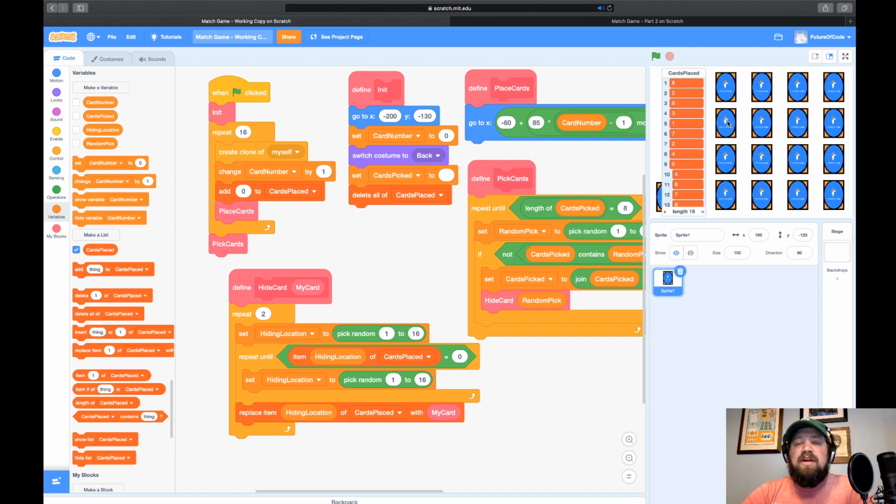So if it's the second card I flip, we need to know that it's the second card we flipped. And when we flip the second card, we then need to compare it to the first card and see, do they match? If they match, we're going to remove them from the table. If they don't match, we're going to flip them back over so the user has to try to remember what was there.